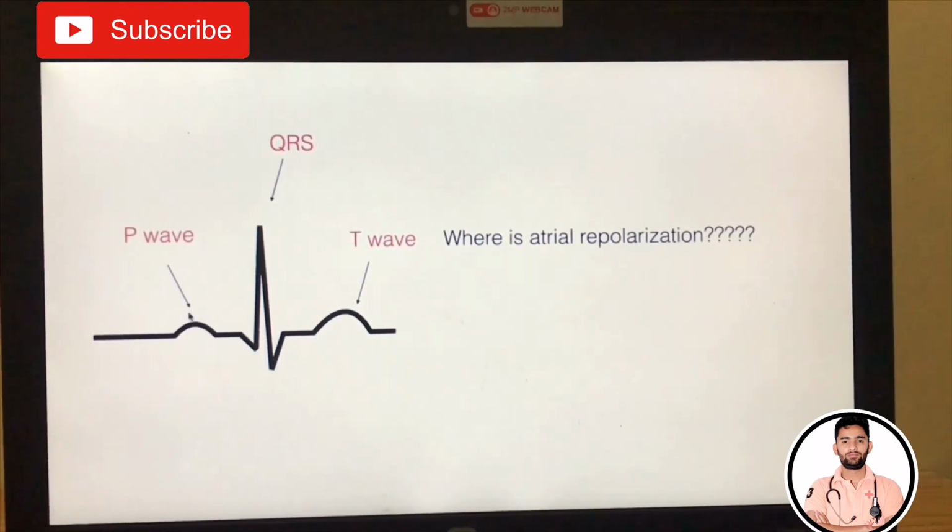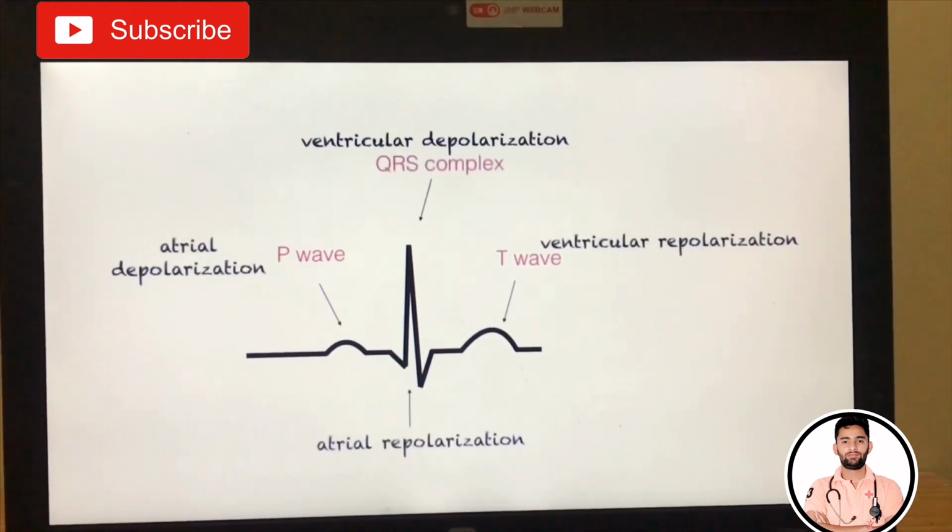As you can see, the QRS complex is a tall structure because the ventricles tend to contract stronger than the atria, and they tend to mask the atrial repolarization. So that being said, atrial repolarization and relaxation take place after the P wave, which can be found within the QRS complex. As a review, the P wave stands for atrial depolarization, the QRS complex represents ventricular depolarization, the T wave is for ventricular repolarization, and atrial repolarization is hidden by the QRS complex. You can't see it, but it exists.